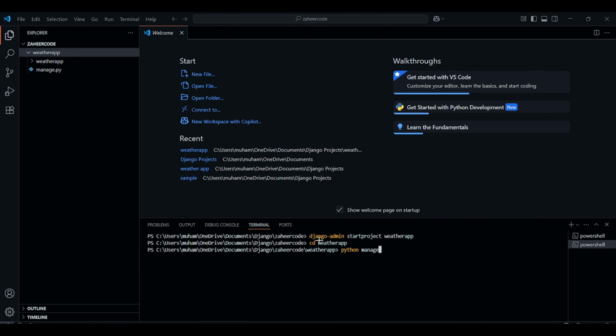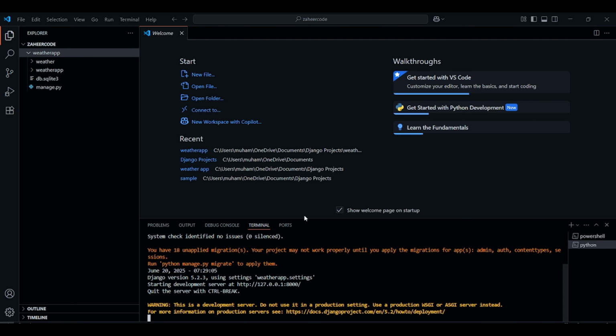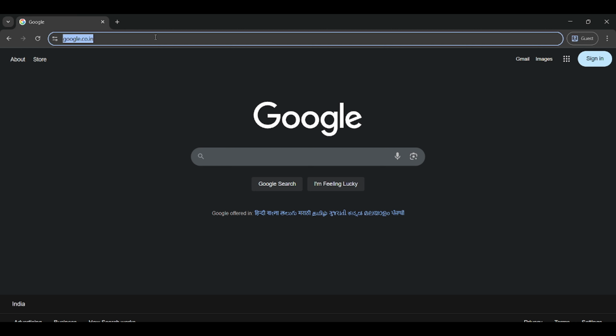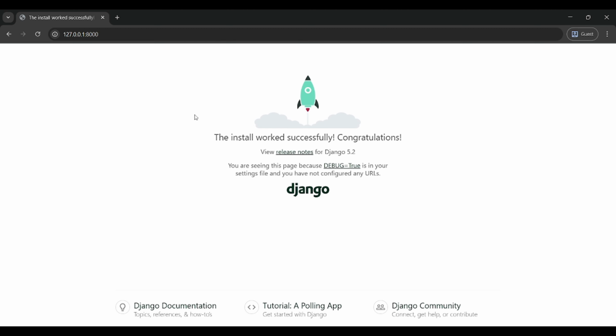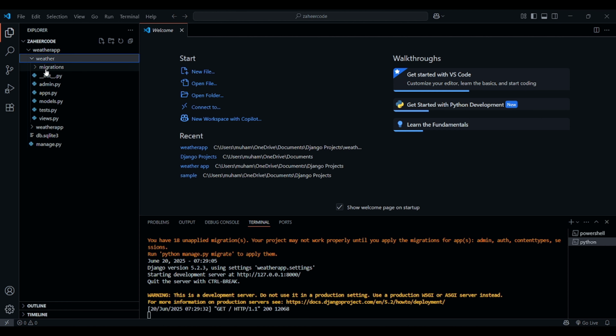App. So go to the settings.py and in the installed apps add it. Start our server, because we have to check that the server is working. So we get the link, go to your browser and paste it. Yeah, our Django project is ready. Next we want to